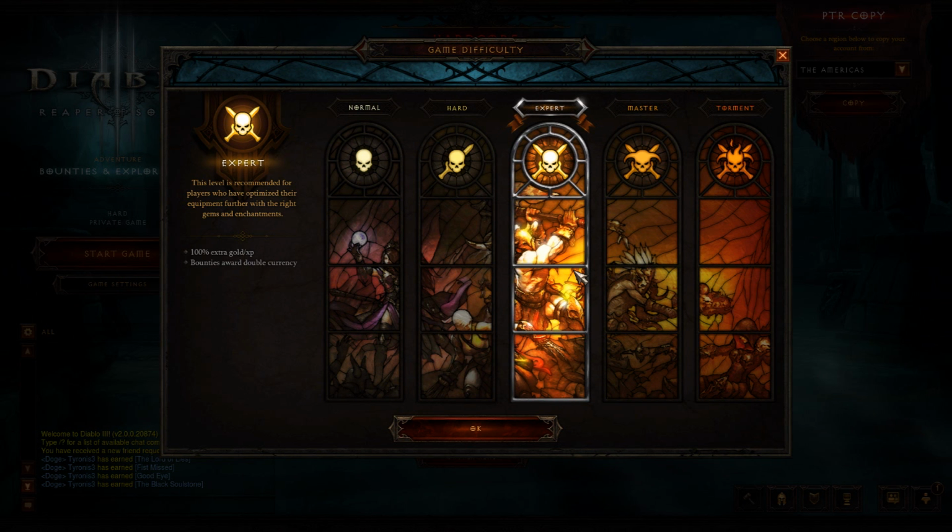And if we find that Expert is just way too dangerous to keep this series going, and I do want to do at least a few more episodes, then we can bump it down in-game, and I can actually show that feature for you as well. But for now, let's begin on Expert difficulty in Episode 2. So, wish me luck. Anyway, we get 100% extra XP and gold from playing on Expert,